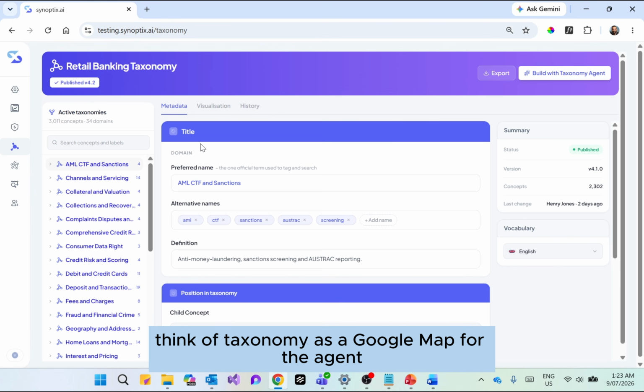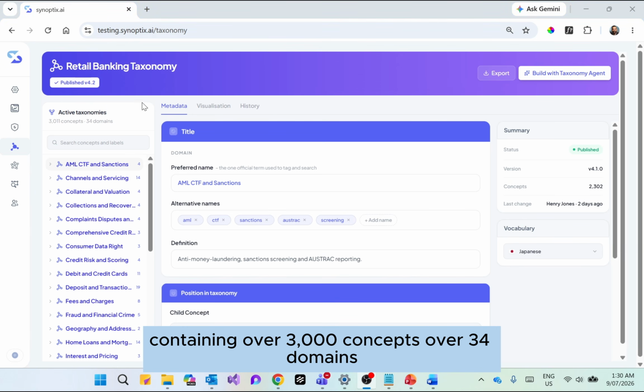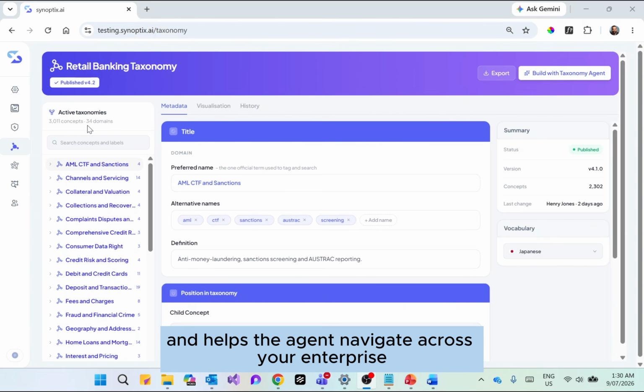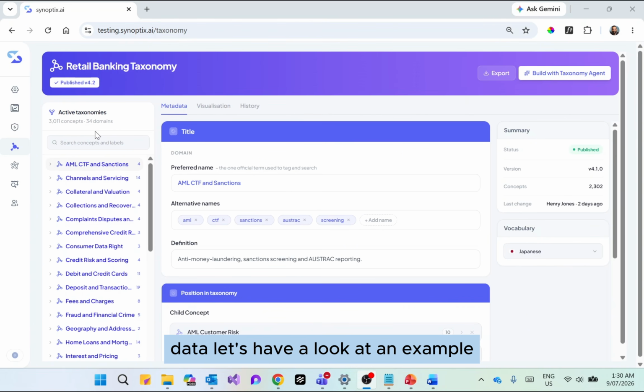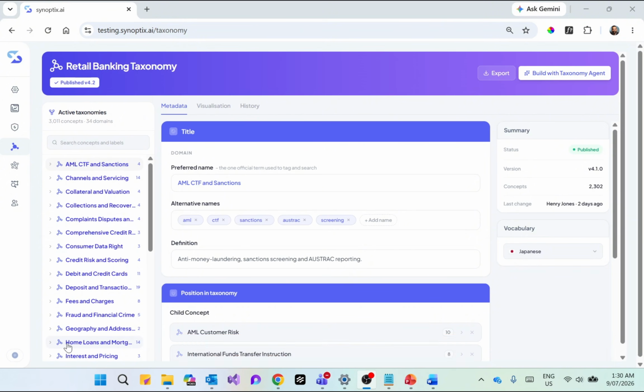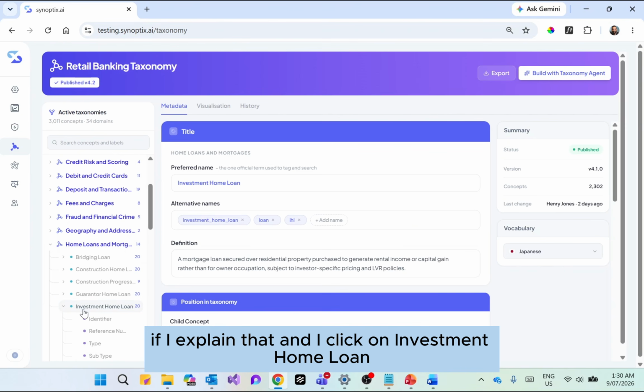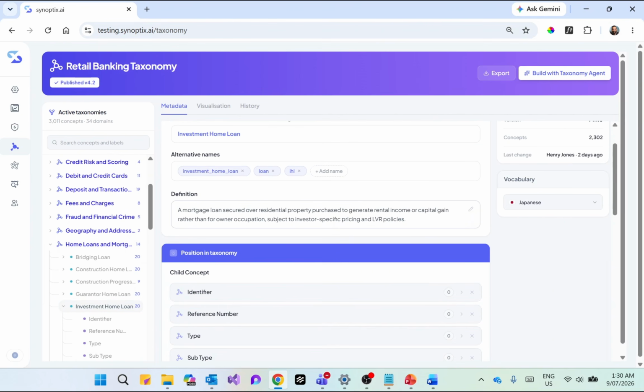Think of taxonomy as a Google map for the agent, containing over 3,000 concepts, over 34 domains. It provides a common understanding of how your bank defines information and helps the agent navigate across your enterprise data. Let's have a look at an example. Under home loan and mortgages, if I expand that and I click on investment home loan,